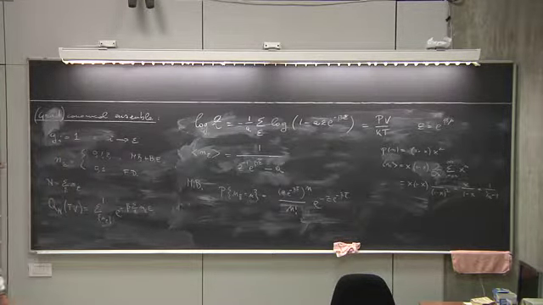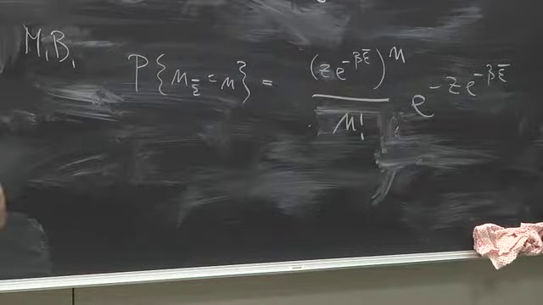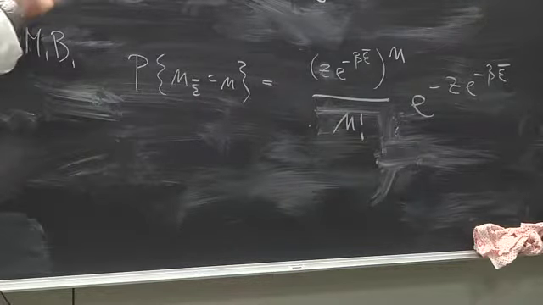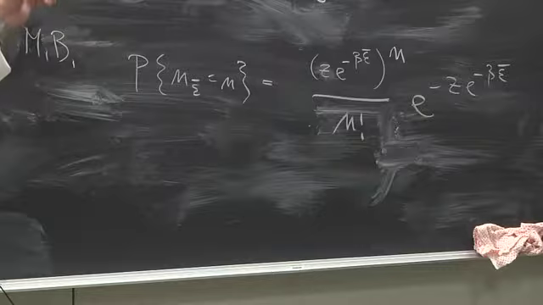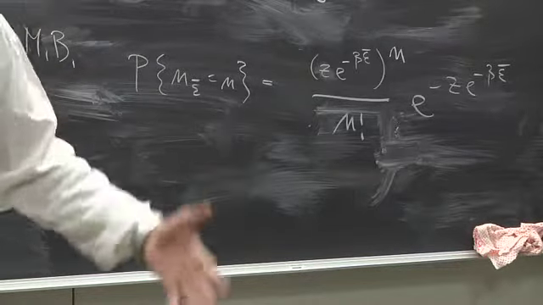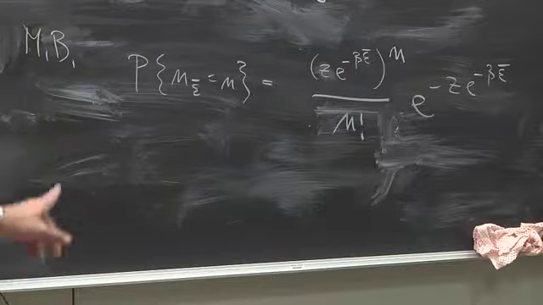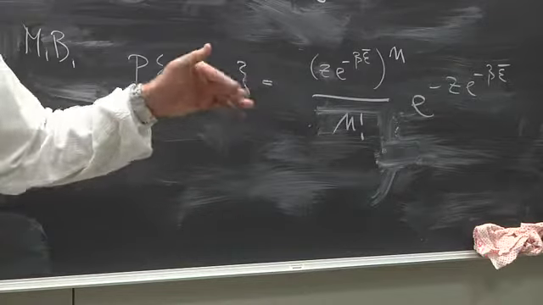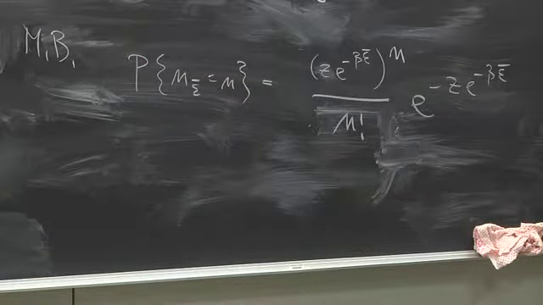So the distribution of occupation numbers in the classical case is given by a Poisson distribution, whereas in the other cases it is given by a geometric distribution. Notice that the Poisson distribution is a distribution for which the variance is equal to the mean. So the relative fluctuation, which is the standard deviation divided by the mean, will be proportional to 1 over the square root of the expected value.